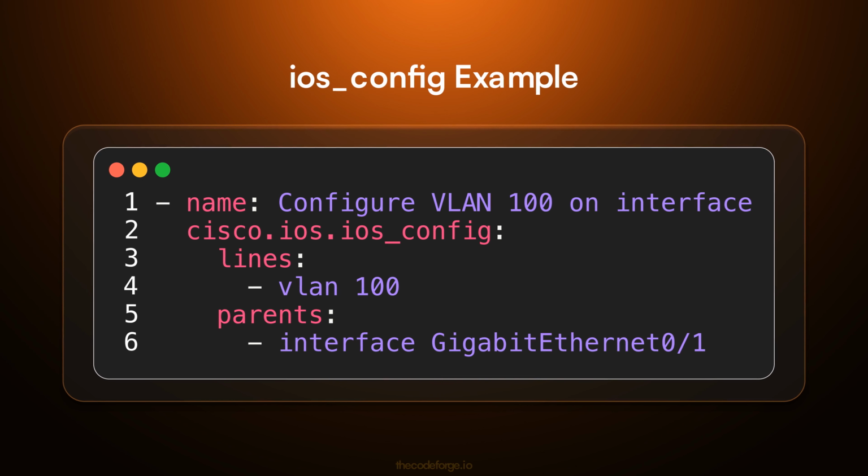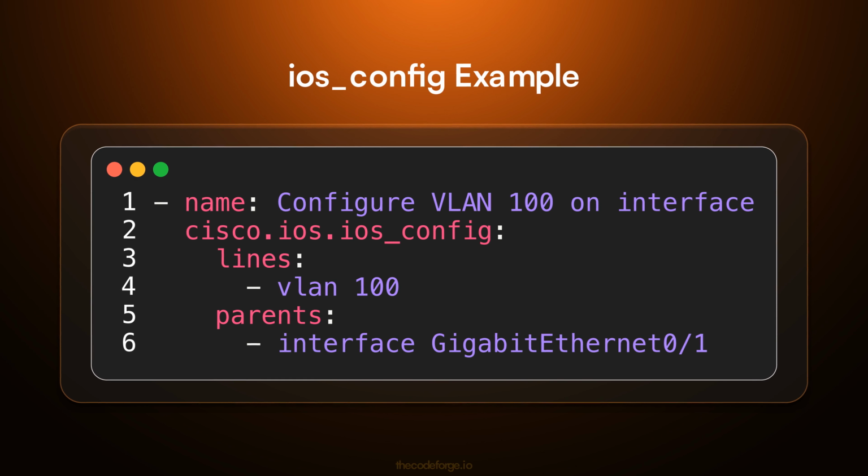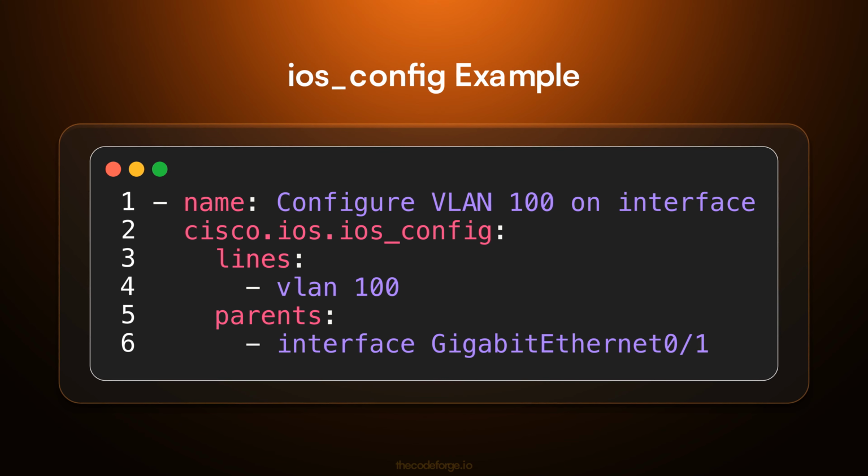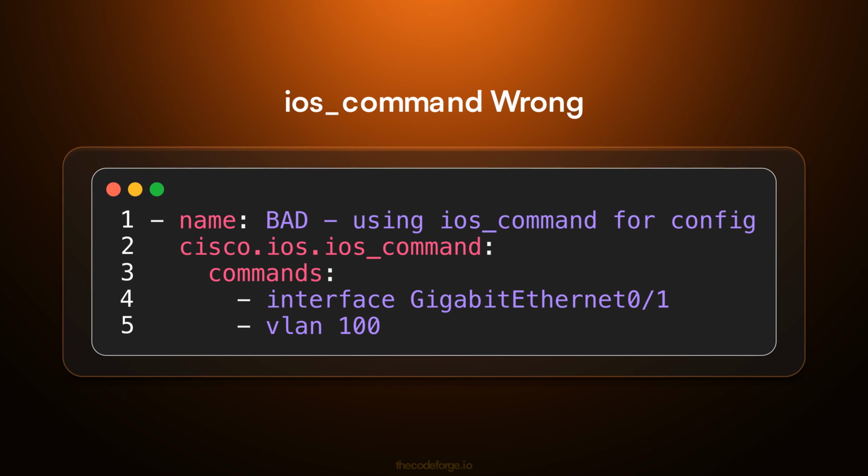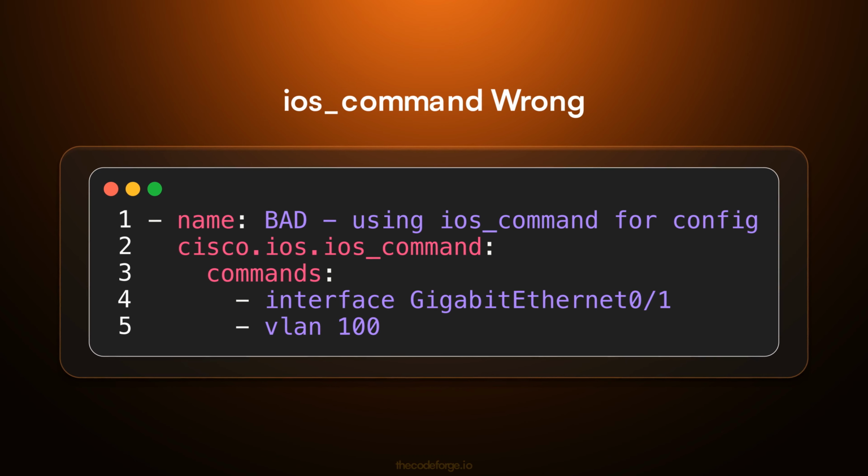This is the correct way to configure a VLAN. ios_config will only apply the vlan 100 command if it's not already present under the interface, ensuring idempotency. This is the wrong approach. ios_command sends the commands blindly, causing the switch to reapply vlan 100, which resets the interface and causes a